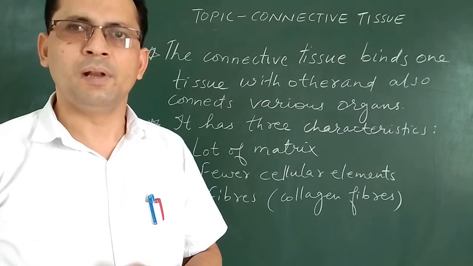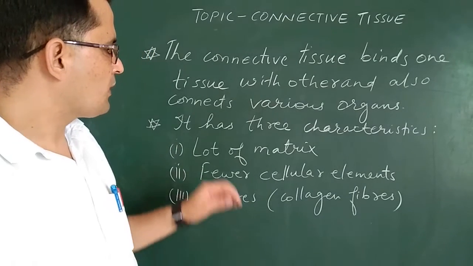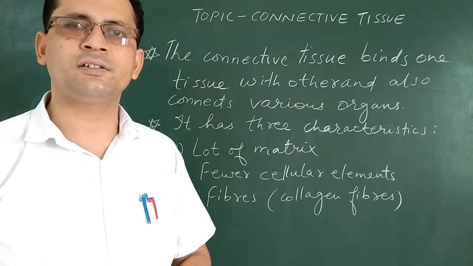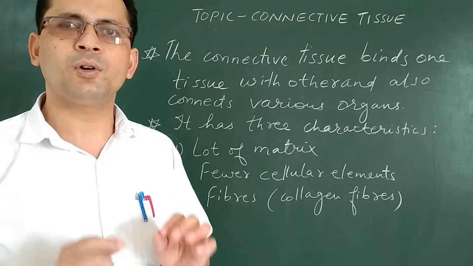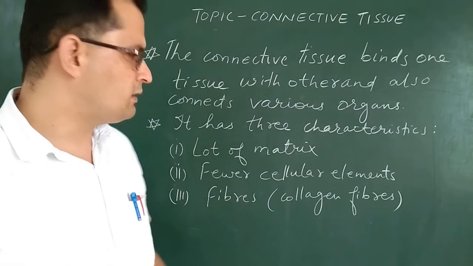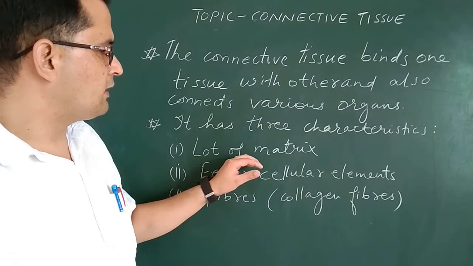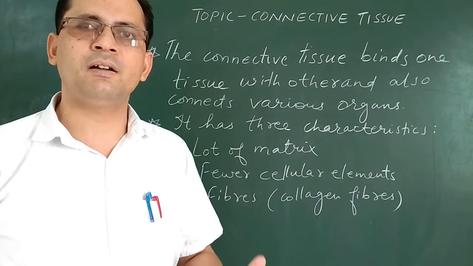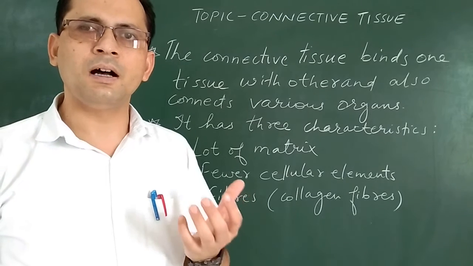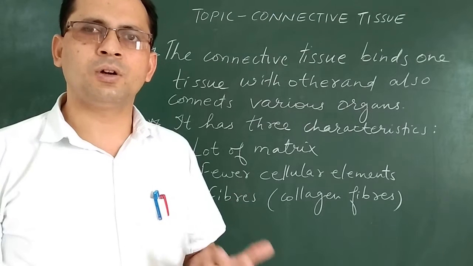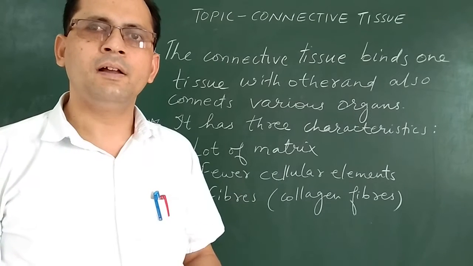Now this connective tissue beta has three important characteristics. You can see the first is that there is a lot of matrix. So what is matrix beta? Matrix is a substance. It can be jelly like, it can be solid, and it can be liquid, in which